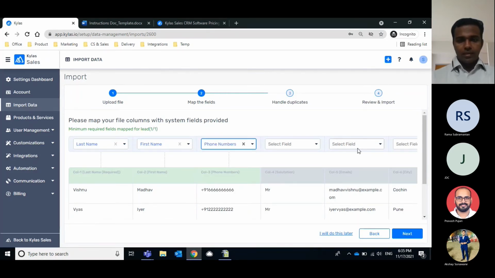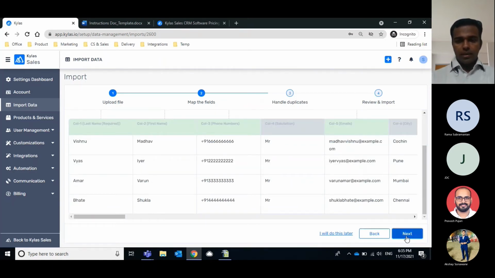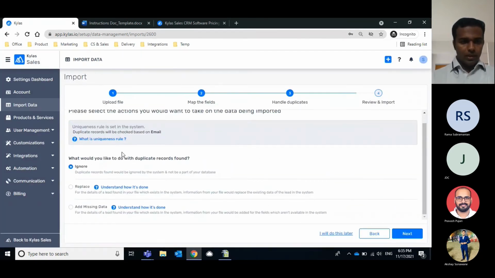I have selected the uniqueness strategy as emails. So I will select email as well and continue with the import. You will be presented with these 3 actions as well. What would you like to do when duplicate records are found.